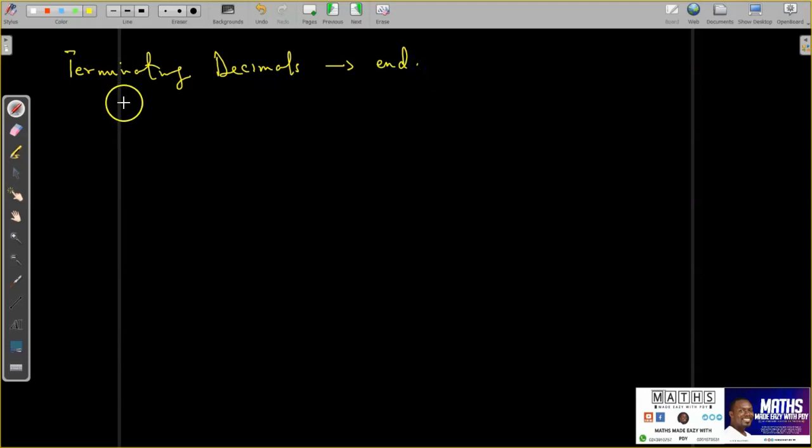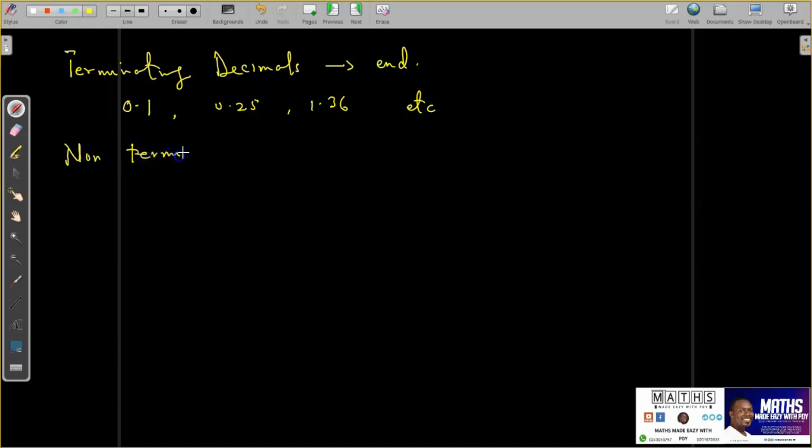We found out that terminating decimals are decimals which do end. They are decimals which have an end. So examples of terminating decimals, we can say we have 0.1, we may have 0.25, we may have 1.36, etc. So these are all examples of terminating decimals. They have an end. It just ends. And then we have